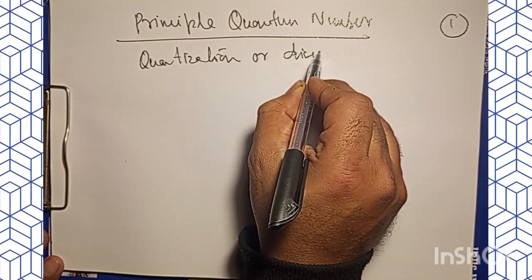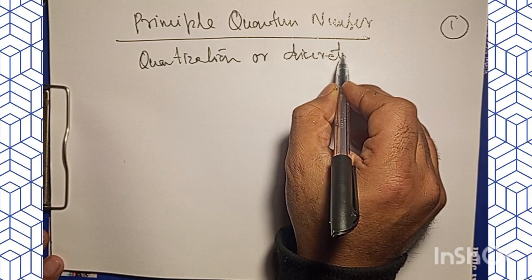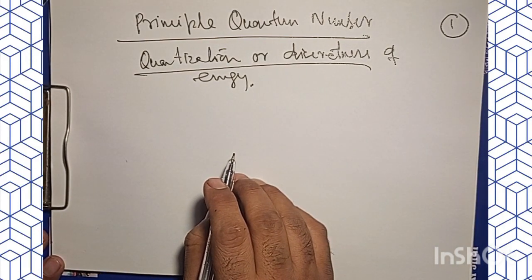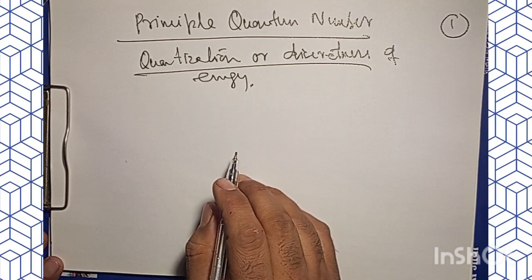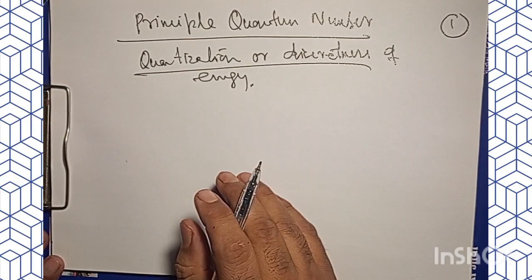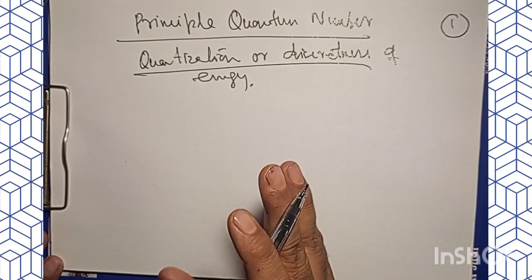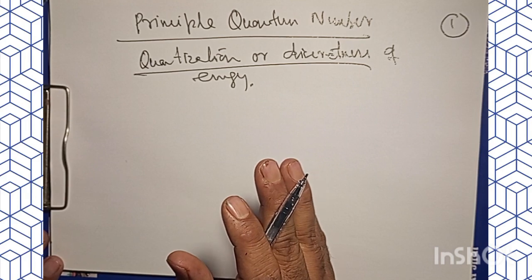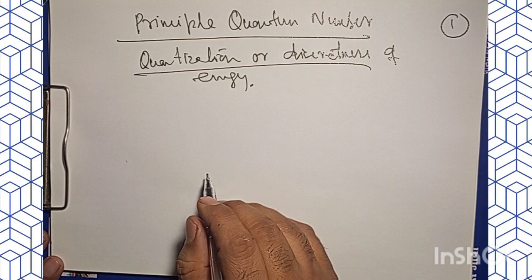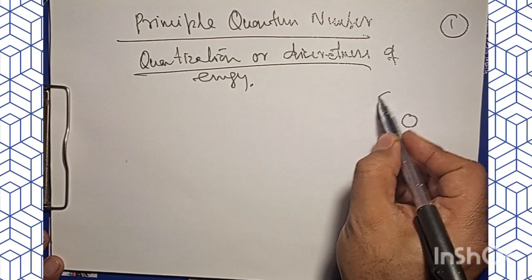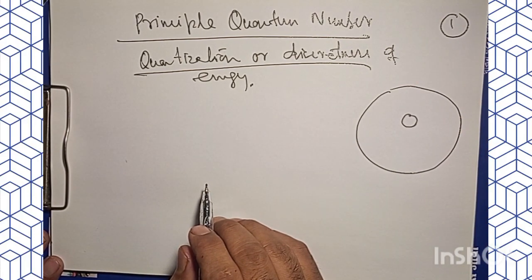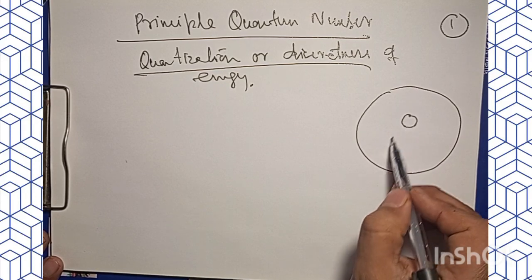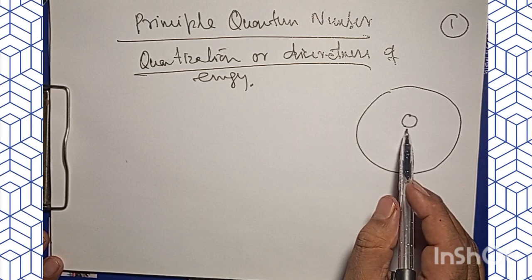Discreteness of energy. To talk about this, if I assume the quantum number that signifies the hydrogen atom in terms of the classical model of atom, that is very much equivalent to planetary motion in the solar system, where you have a nucleus and an electron orbiting around this nucleus, with only one difference: in planetary motion we have the gravitational inverse square law, and here we have the electrostatic